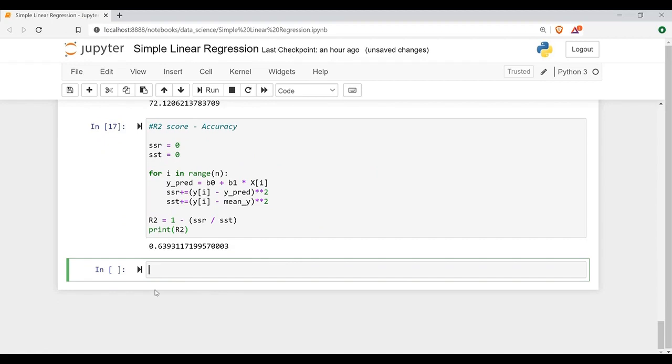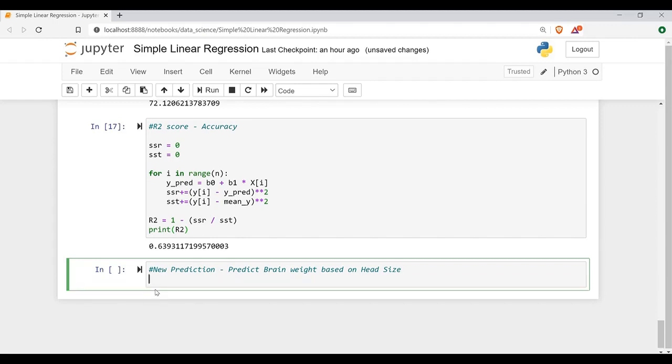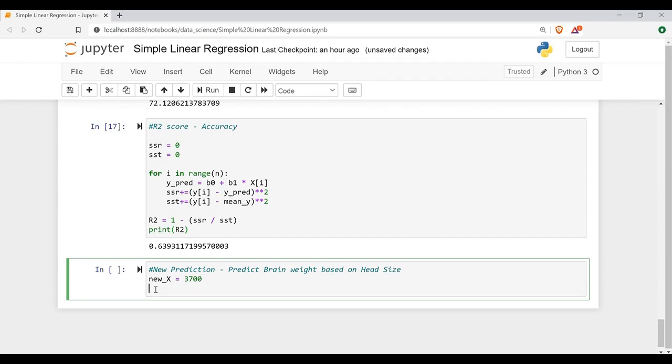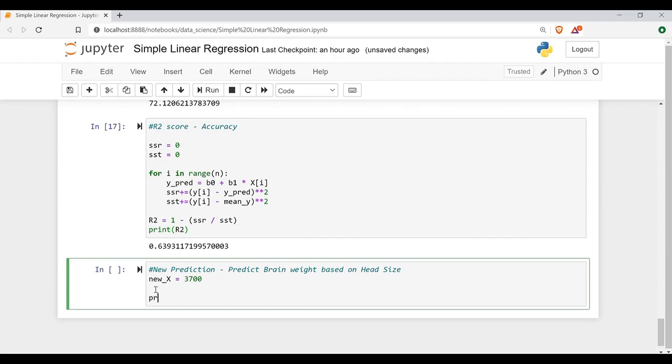Now suppose I want to predict new values. Suppose we'll see the new prediction. So how to do new prediction here? For doing a new prediction, that is predict brain weight based on head size. Suppose we have to predict the weight of brain for an individual based on the head size. Suppose a new x value is given as 3700 centimeter cube, and what will be the weight of brain here? So the predicted y value, I'll write it as new y pred,